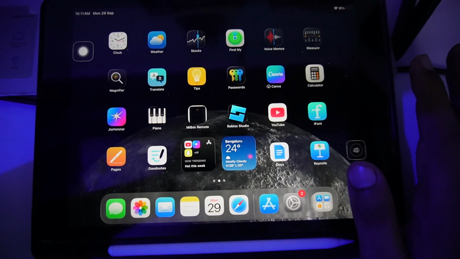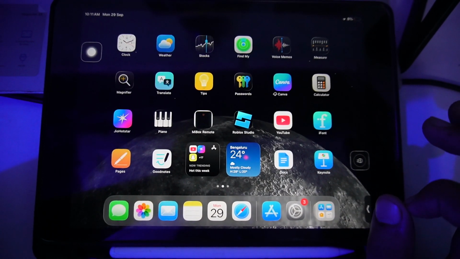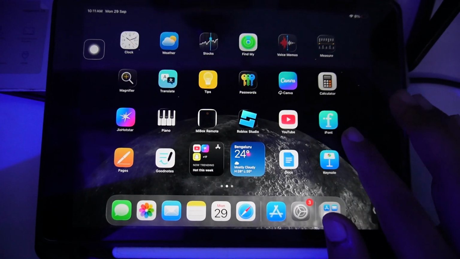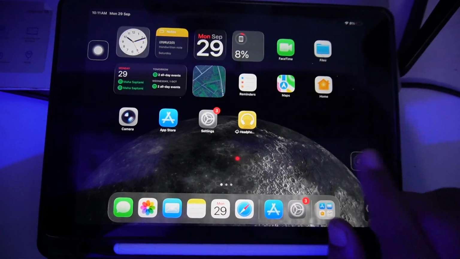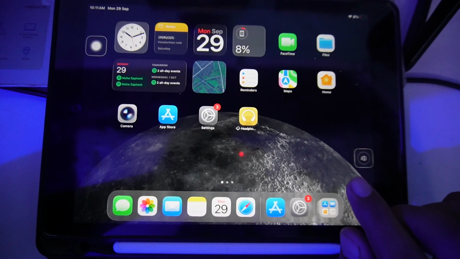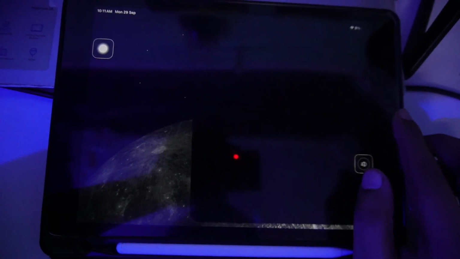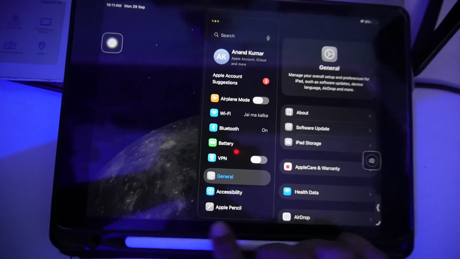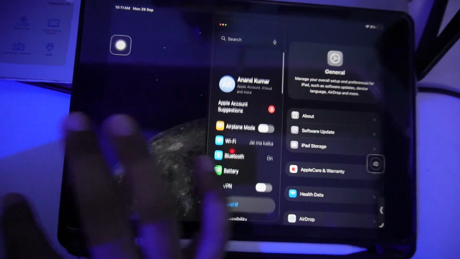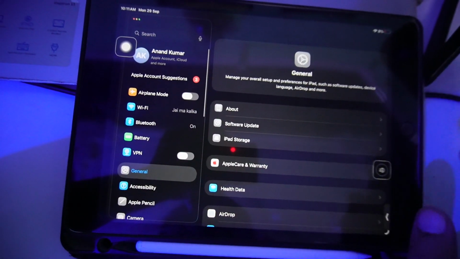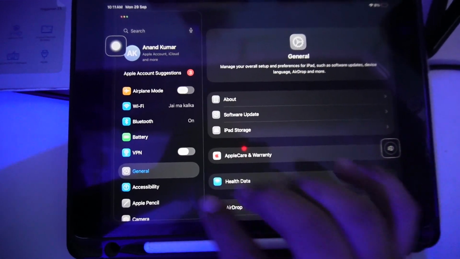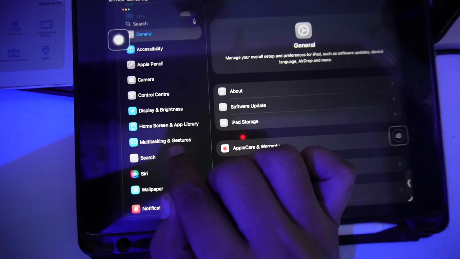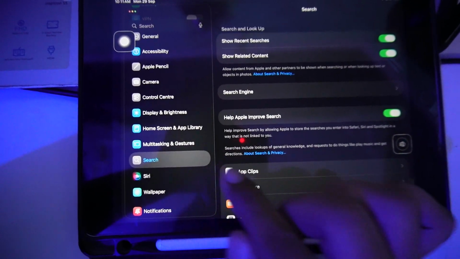In this video guys, I'll be telling you how to fix if your iPad does not allow you to split your screen. So on your iPad iOS 26 updates, you have to open your settings first of all. And once you open the settings, right now it's in the window mode. So let me make it full mode. And now you have to, guys, open your settings and just go to this multitasking and gesture option.